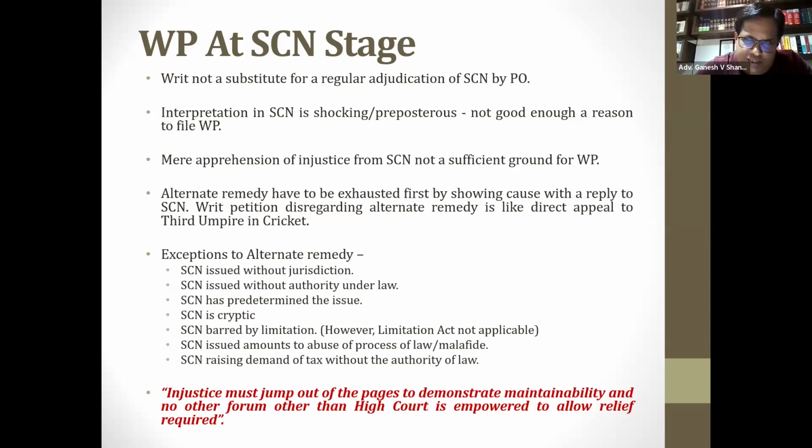A pre-SCN is issued. In that case, there is a pre-SCN issued on 232,000 crores of tax on a predetermined assumption, or there is a definite assumption that there is a tax on the part of the officers who are issuing it. Even those cases which are actually prejudicial to the interest of the taxpayer and burdensome. SCN is cryptic. It is not clear. It is not following the law.